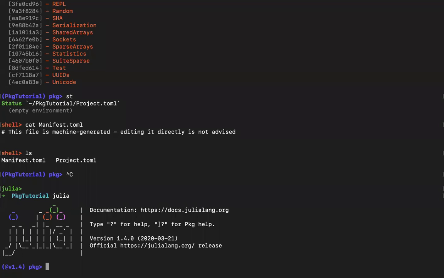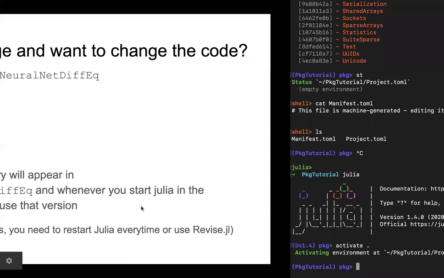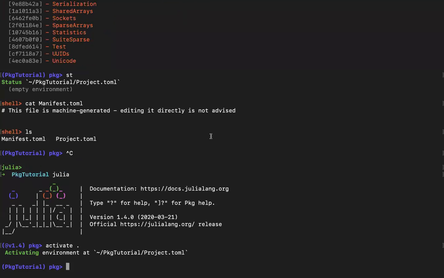Opening that would open the pkg REPL, and now you can activate the path of the folder. That is the same folder, so I'll use dot. This will activate the current project, so now you are in this environment. Is it okay now, Lakshmi? Yes, activate is the keyword. Activate starts your environment, right? Yes. Okay, cool.